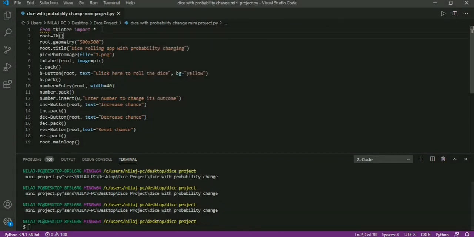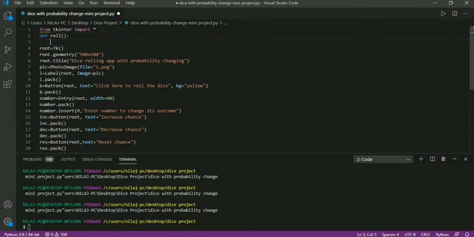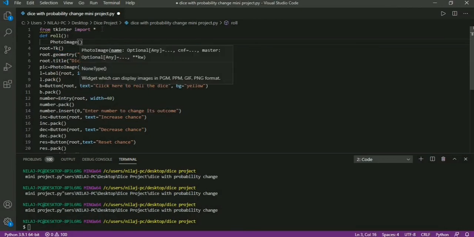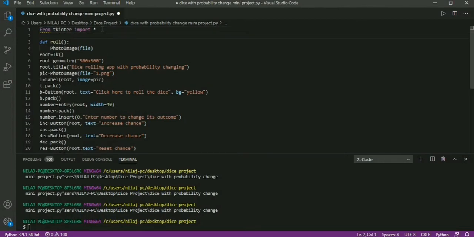So we will need 4 functions. First one is to roll the dice, so I will define roll, and here I will use photo image function, and here I will pass file. Now I will need choice function of random module, so I am importing it from random, import choice. Here I have to create a list of files in main function.